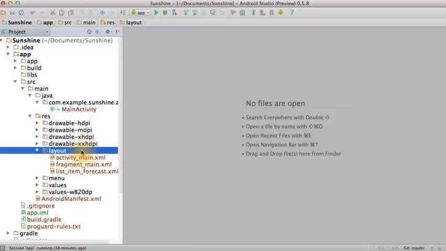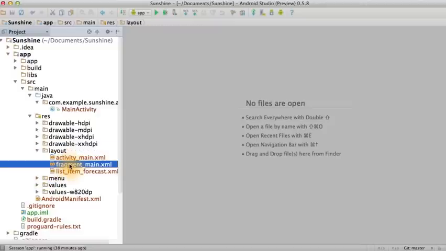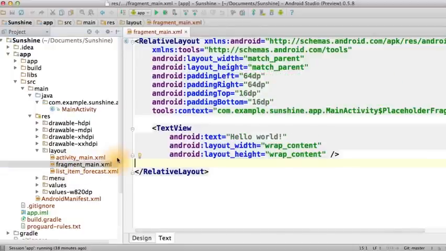to display the list of weather forecasts in our app. Now, which file in the layout folder should we modify to accomplish this? Well, we want to add the list view directly to the fragment. If you open up the fragment main XML file, you'll notice that the layout includes a relative layout as a parent view, as well as a child text view. Modify this file so that we show a list view instead of a text view, and assign it an ID list view forecast so we can reference it later.